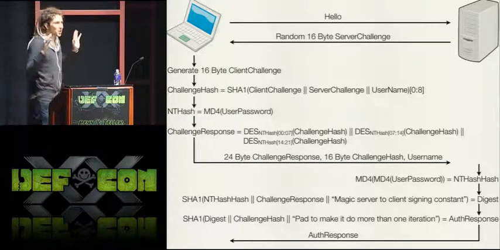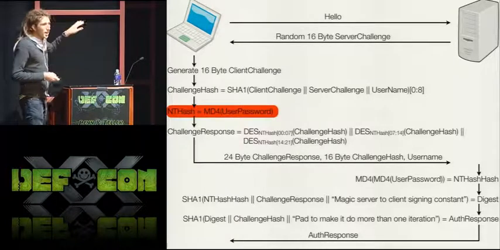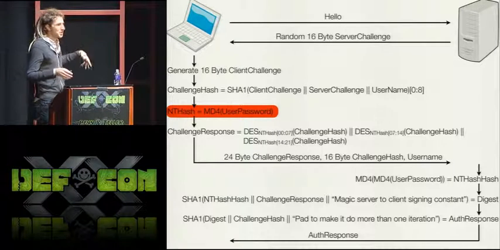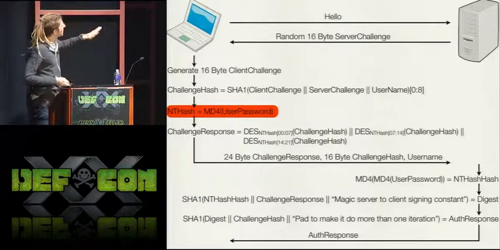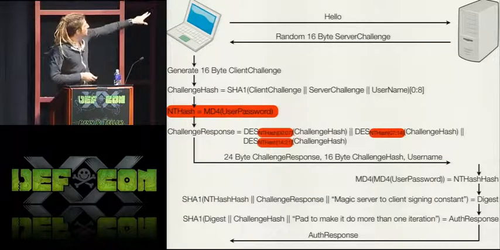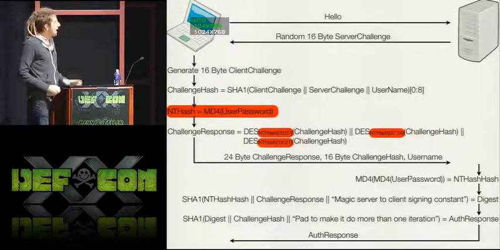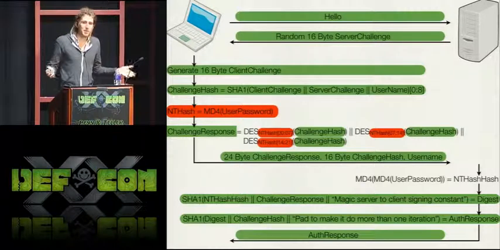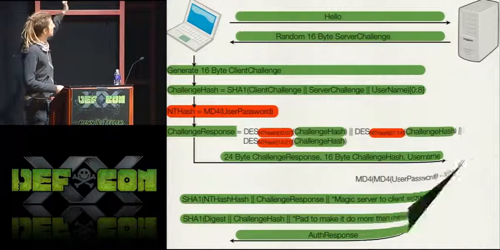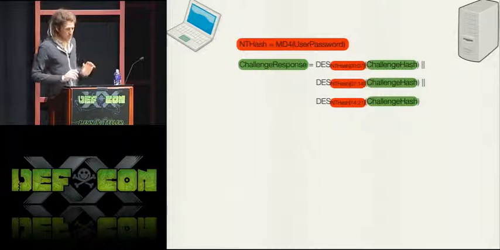Right? So what's interesting is that if you really look at this, and you get through all the dazzle, you realize that there's actually only one unknown in this entire protocol, which is the MD4 hash of the user's password. The NT hash is the only unknown thing here. That one unknown is used as the 3 DES keys for the encryption of the challenge hash. Everything else is either sent in the clear or can be derived from something sent in the clear. Which means that we can just rip off all this other stuff and only focus on this one core problem, this one unknown that we're dealing with.